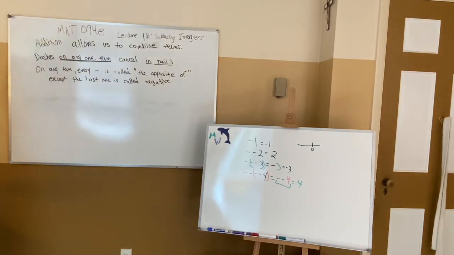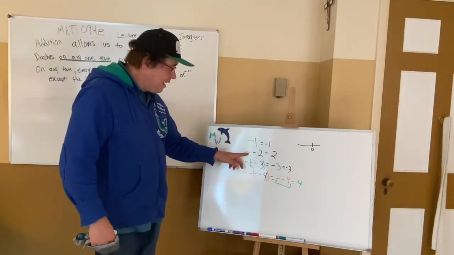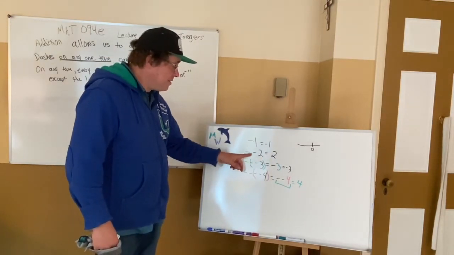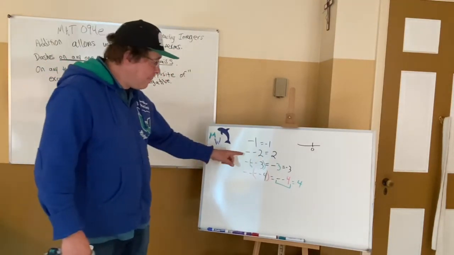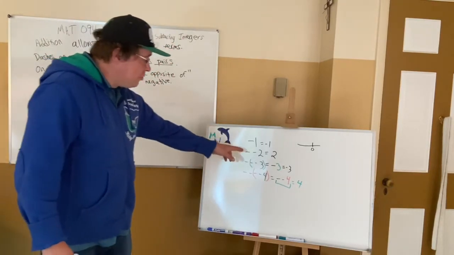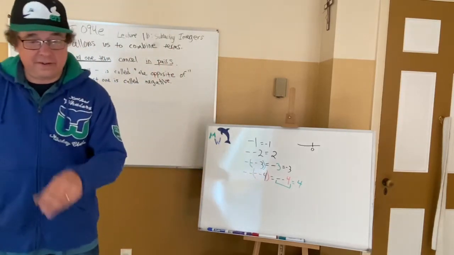The biggest one we have is what people call a double negative. It's not a double negative. It's the opposite of negative, right? This is not negative negative 2. It's definitely not minus minus 2 or minus negative 2. It is the opposite of negative 2. So yeah, there are two dashes. You want to call it a double dash, I'm with you. You want to call this a quadruple dash, I'm with you. But